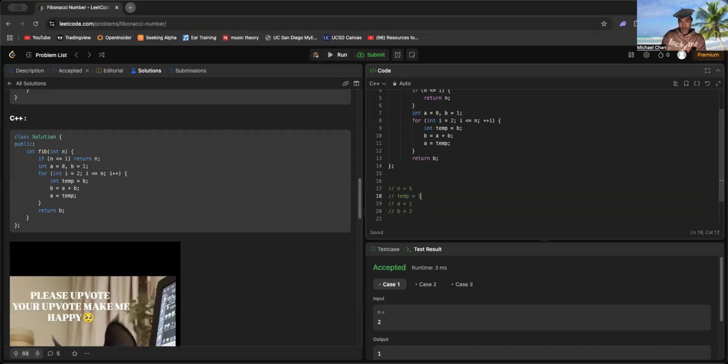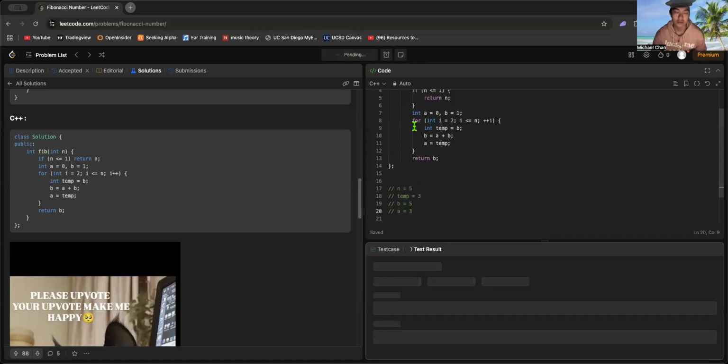Temp becomes 2, b becomes 3, and then a becomes 2. Right. And then temp becomes 3, b becomes 5, a becomes 3. Yeah, so it just keeps track of the previous one. Okay. Yeah, then it doesn't mess with